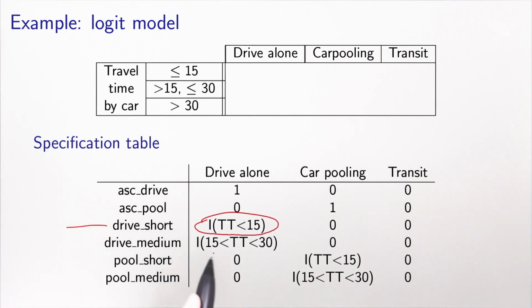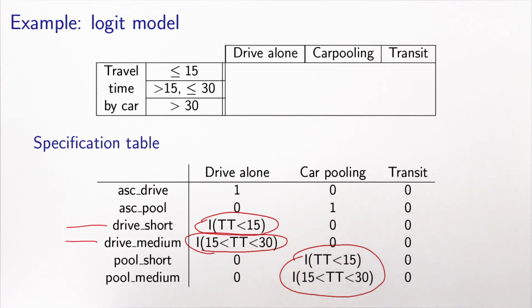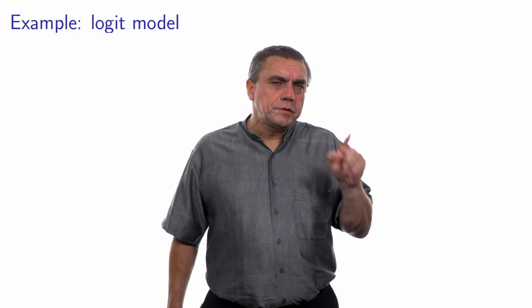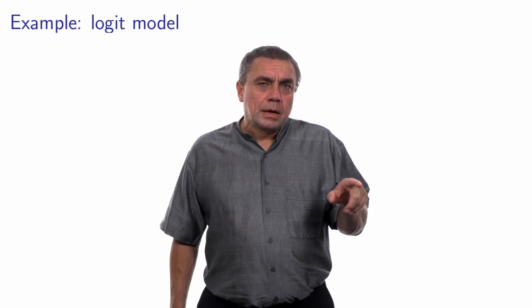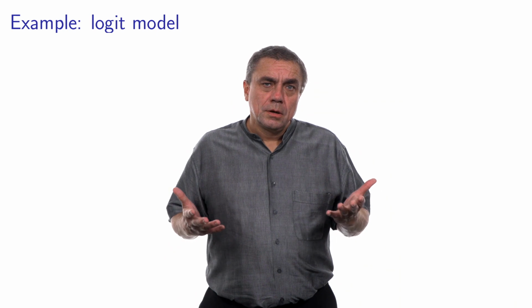I have another indicator that says that the travel time is medium, associated with the parameter drive medium. And I have the same two here for the carpooling alternative. I use the transit as a reference. So very simple specification. In the first video about sampling, I have illustrated the various sampling strategies using the same